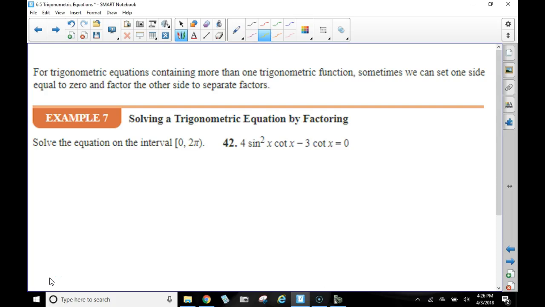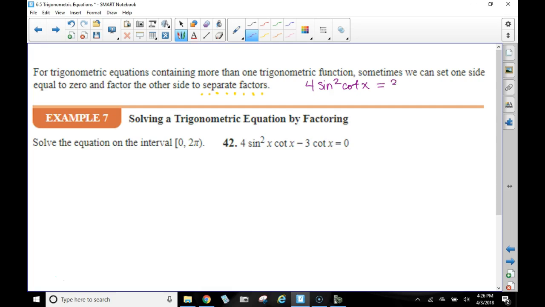Okay. For example 7, it says above that for trigonometric equations containing more than one trig function, sometimes we can set one side equal to 0 and factor the other side to separate factors that contain the different trig functions. Okay? So on number 42, even if this problem would have started out as 4 sine squared